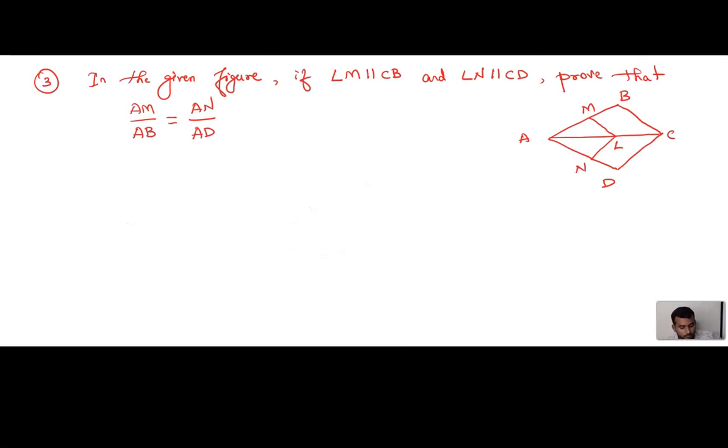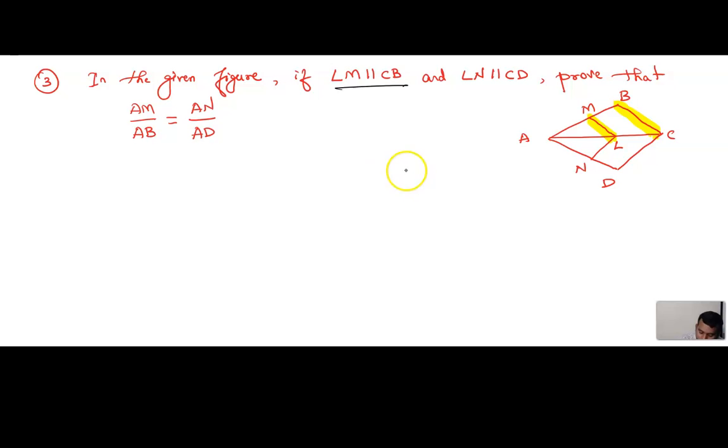See children, here the question is, in the given figure, if LM is parallel to CB, what is given? Can you see this LM side? This side is parallel to this side. देखो यानी क्या बेटा? Understood? अब हमें उस triangle को बाहर निकाल देंगे. We remove the triangle outside. Whenever they have given a complex diagram, please convert that into simple diagrams. Then it will be easy for you to calculate. Which side is parallel to which side? LM is parallel to CB or BC.